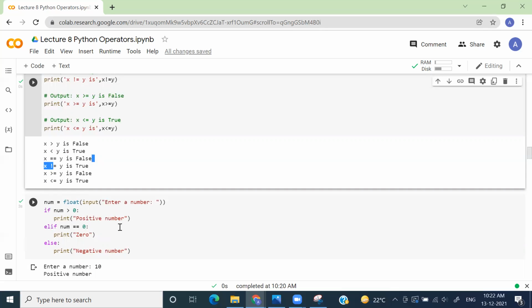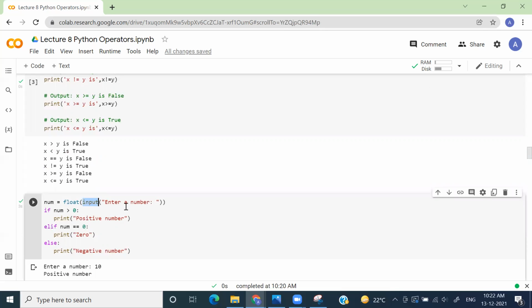For that, first of all, we need the input statement, because the input statement will take input from the user, and now we are typecasting this input as float. Why? Because we already know that whatever the user gives as input to the computer will by default be in the form of a string. We need to do typecasting. So here we are doing explicit typecasting by writing float in front of it, which converts the input from the user into a floating value. So num is a variable which will hold a float value.